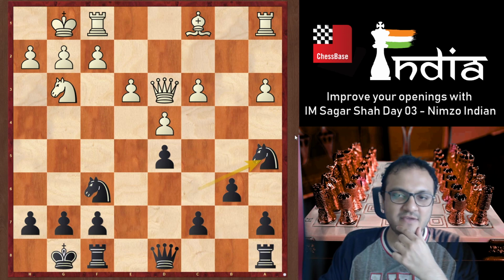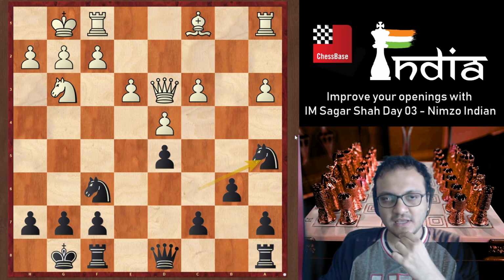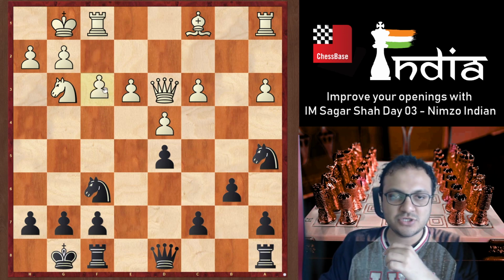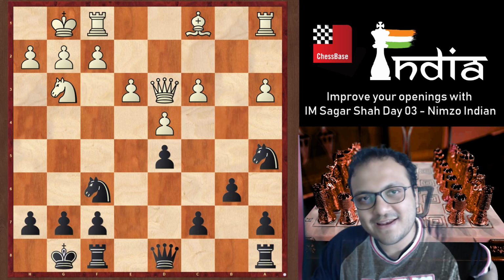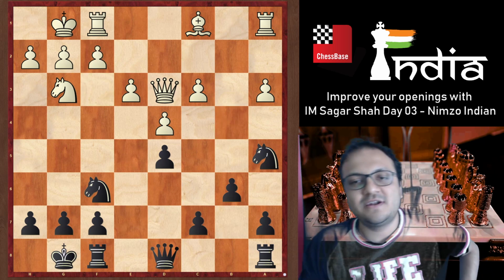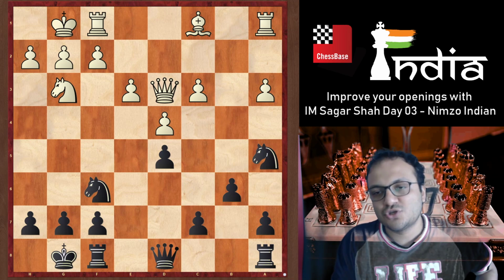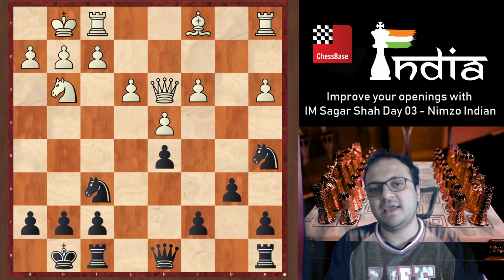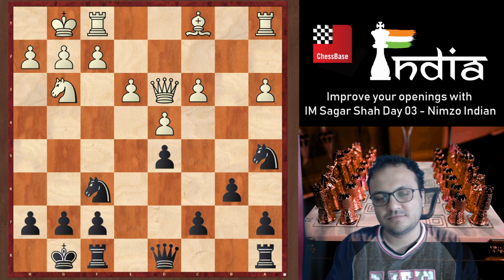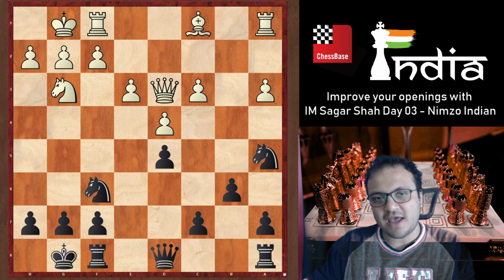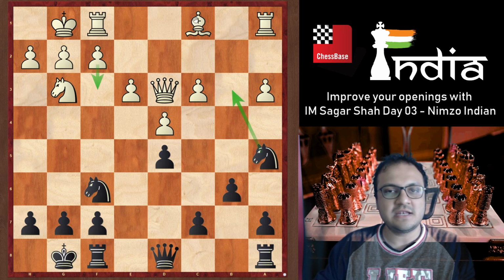I wanted to follow Botvinnik. He went knight a5. And now, yes, f3 is a possible move, but I want you to think a little bit more on a different line and tell me what should white play here. Because to f3, I was a little bit tensed about knight b3, and then he takes my bishop.